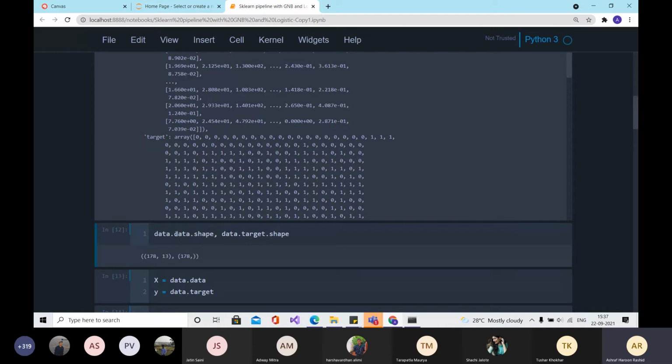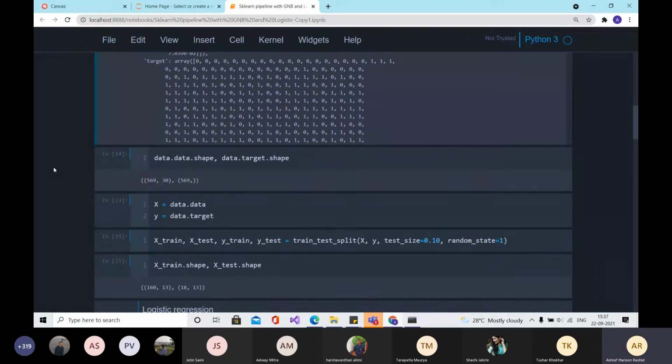We require the data part of it, which will be your X matrix, and the target, which will be your Y matrix. So just type the code data.data.shape and data.target.shape to see how many samples and features you have. How many samples and features do you have in the current breast cancer dataset?